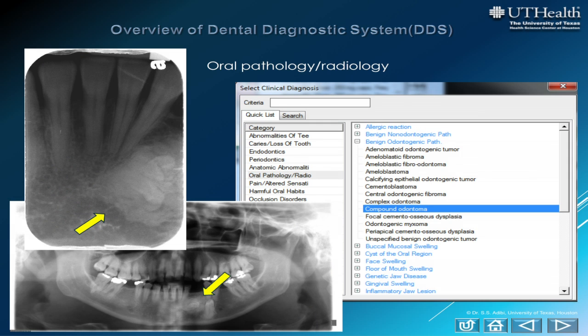The oral pathology and oral radiology category has numerous subcategories listed as follows: allergic reaction, benign non-odontogenic pathology, benign odontogenic pathology, buccal mucosal swelling, cyst of oral origin, face swelling, floor of mouth swelling, genetic jaw disease, gingival swelling, inflammatory jaw lesion, lip swelling, malignant neoplasm, metabolic jaw disease, throat or neck swelling, oral or perioral pigmentations, other hard tissue lesion, other soft tissue enlargement, other surface lesions, palatal swelling, paranasal sinus pathology,